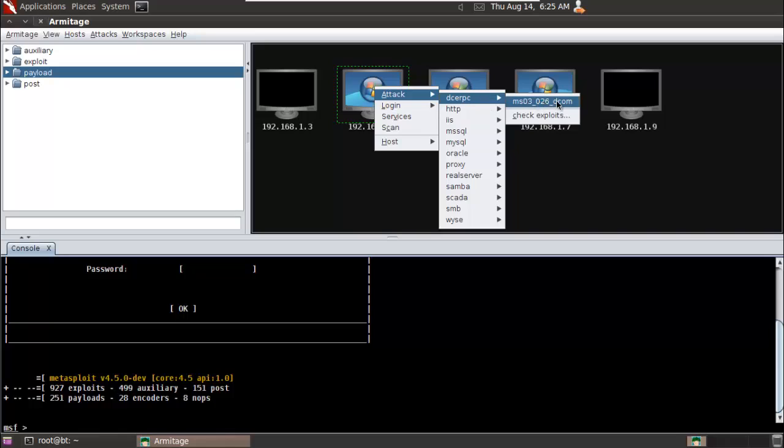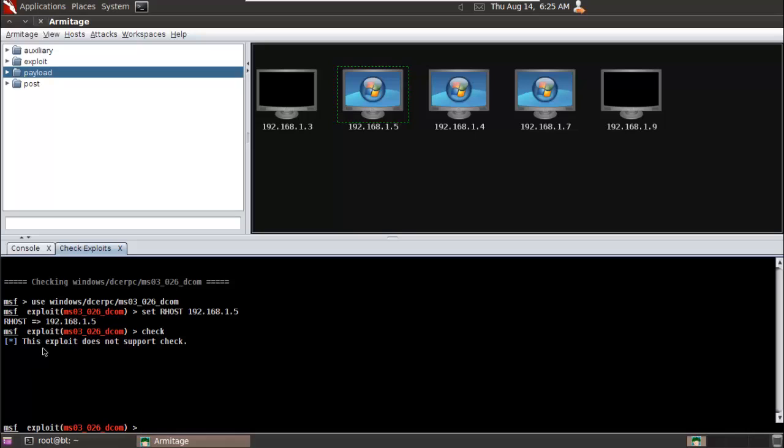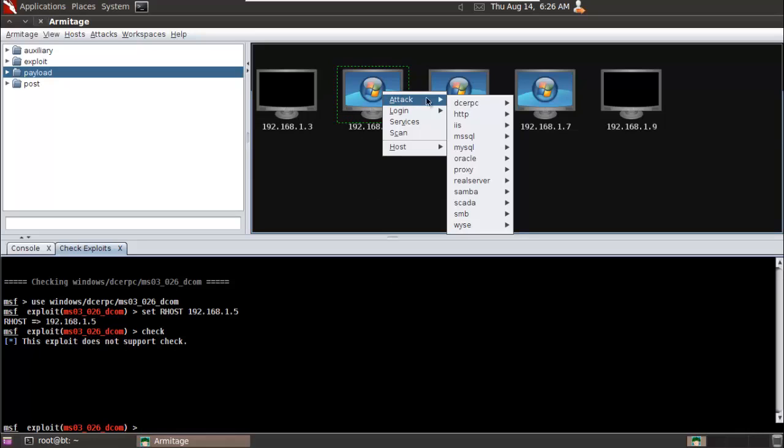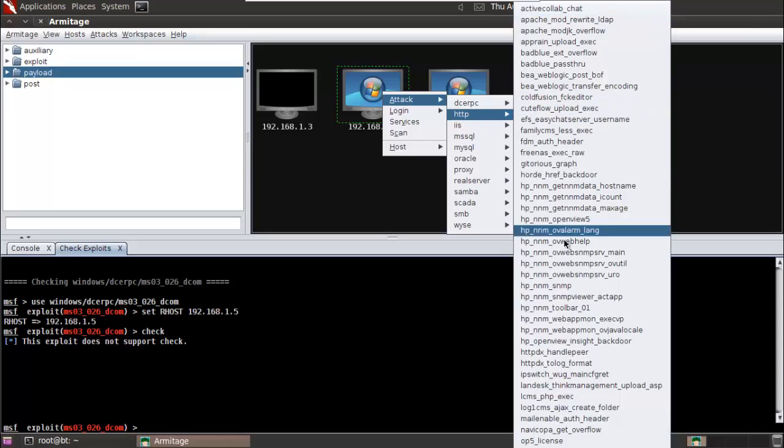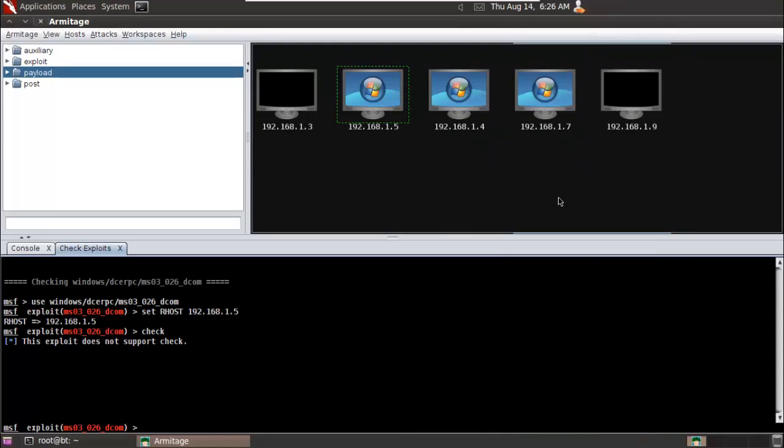This is actually a DCOM Windows attack, but before that I'm just going to check the exploit, whether this exploit is workable on this kind of system or not. So I'm going to click on check exploit, and this exploit does not support the check. In this way you can check any of the exploits, like HTTP or any other. So I'm just going to check, for example,